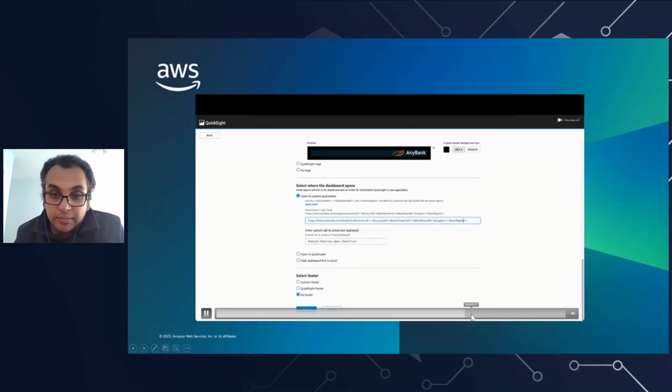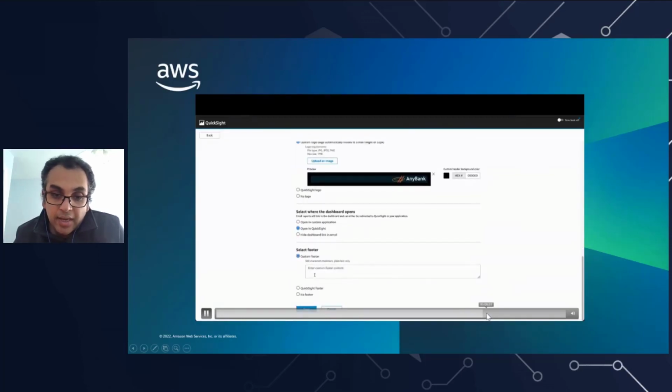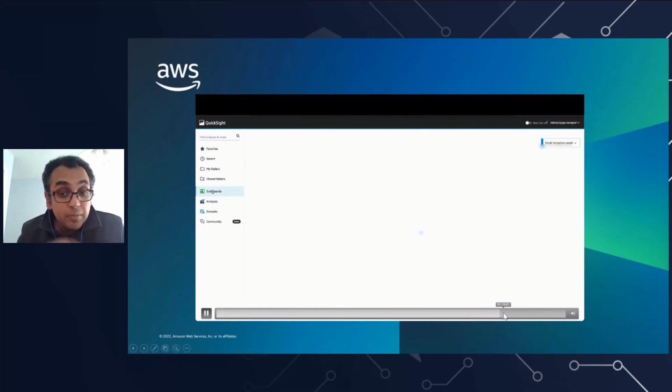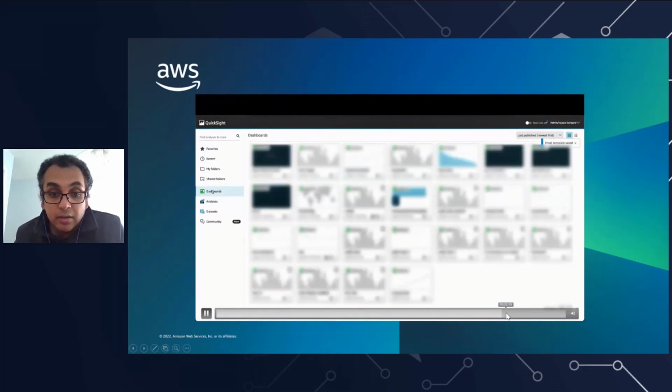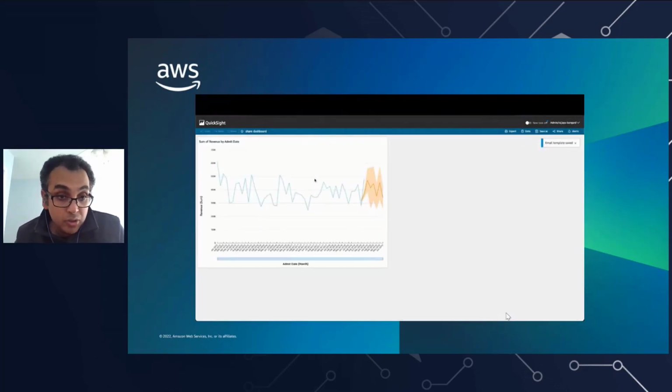So once this is done, but for just this demo, I'm going to go back to open in QuickSight, and then I'm going to add in a custom footer. So the email template is saved. Now we have to go and set up an email schedule so that this email report is sent out to those users on